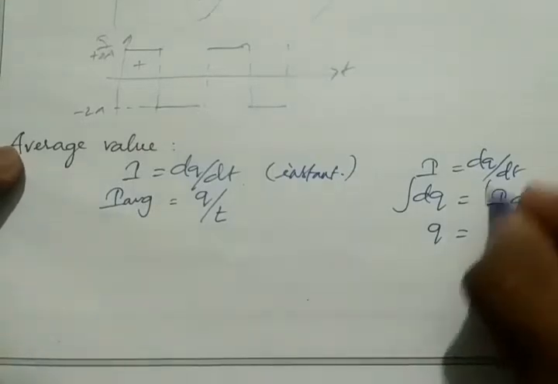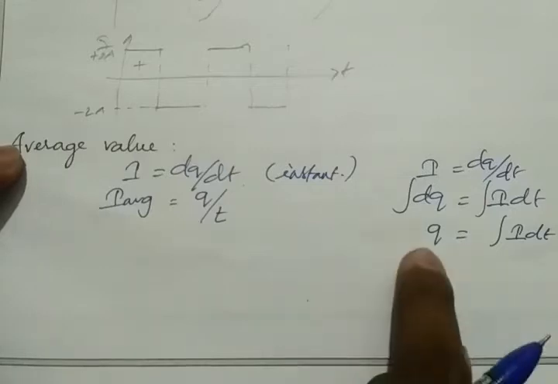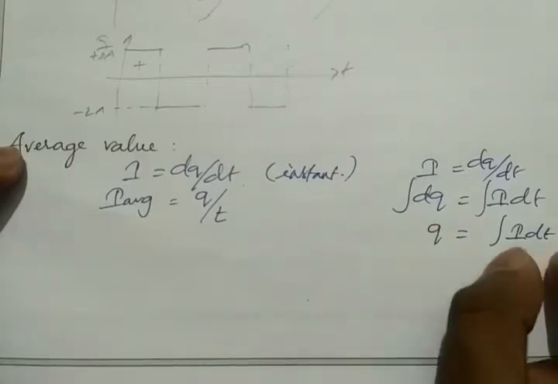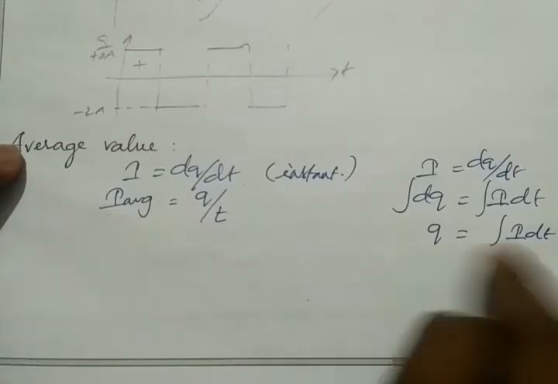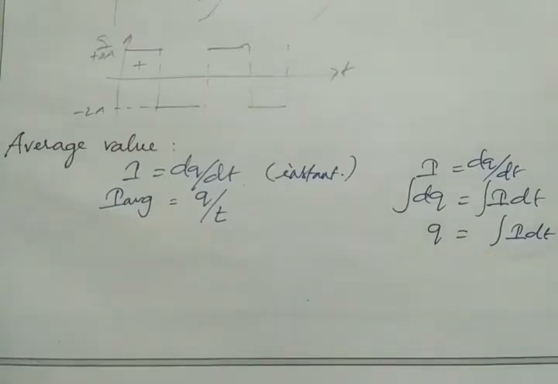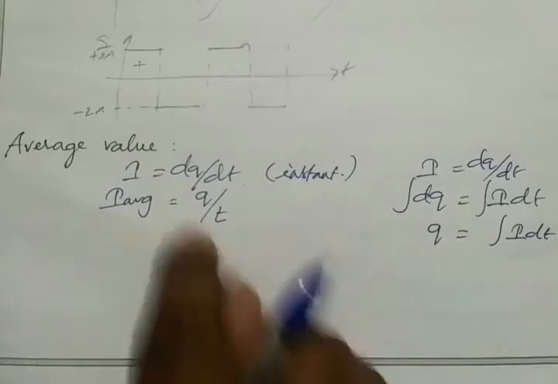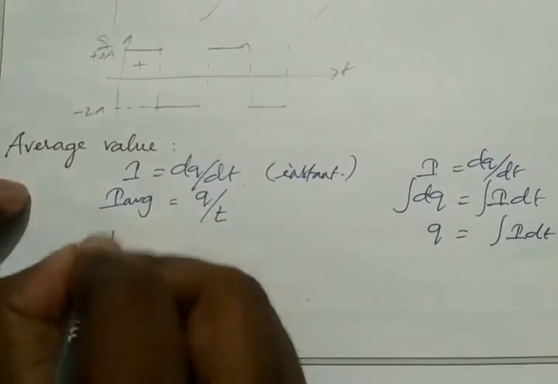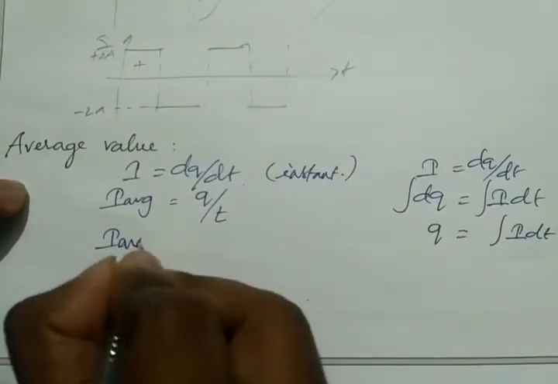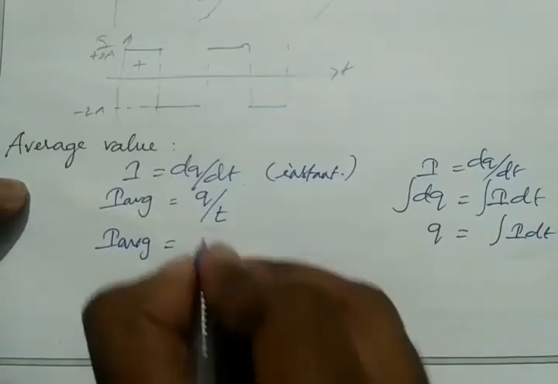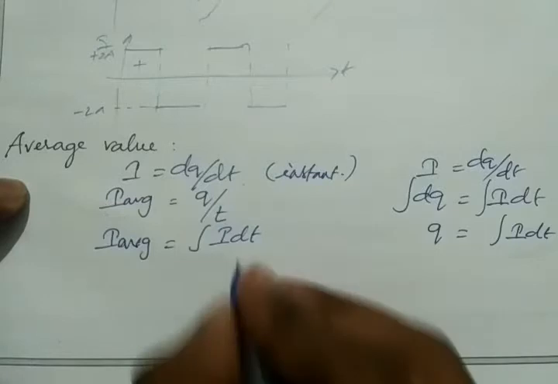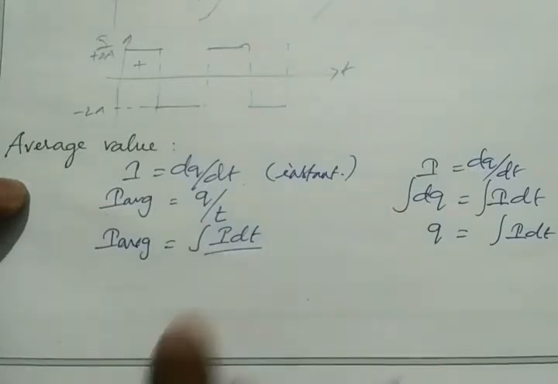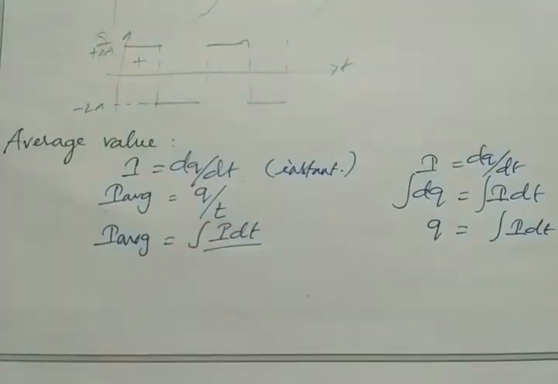Okay, I do integration on both sides. So I take q outside the integration. I still kept the I dt inside the integration. So q will be integration of I dt. Now substitute the value of q in the I average equation. We get I average equal to integration of I dt divided by, instead of t,